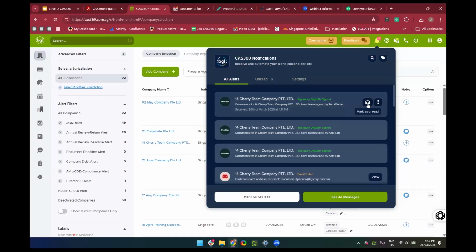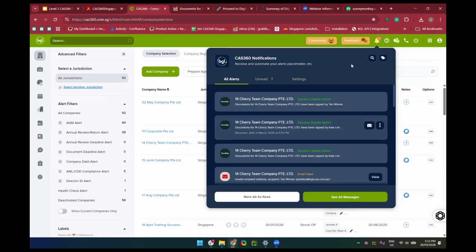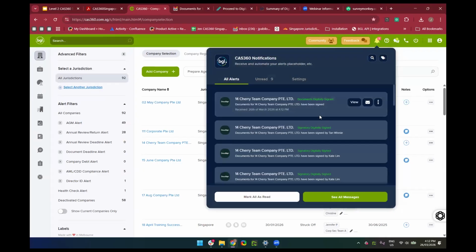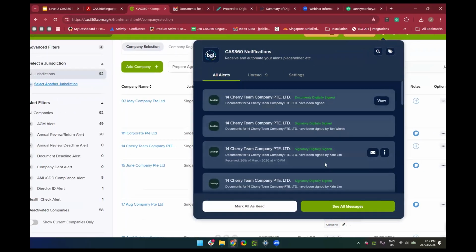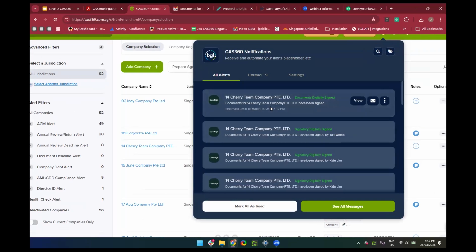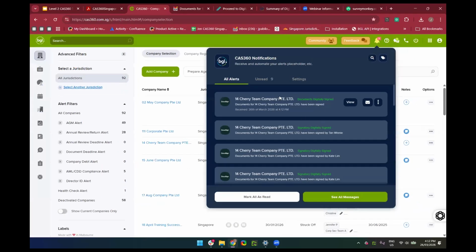So you can see I have now received Tanwini and Caitlin that have signed my documents. And what you can see over here is not only that it notifies who has signed the document, but when all the signing partners have signed the document, DocuSign will prompt you that this has officially been signed by all the signing partners. So what it does is return that complete signed document onto